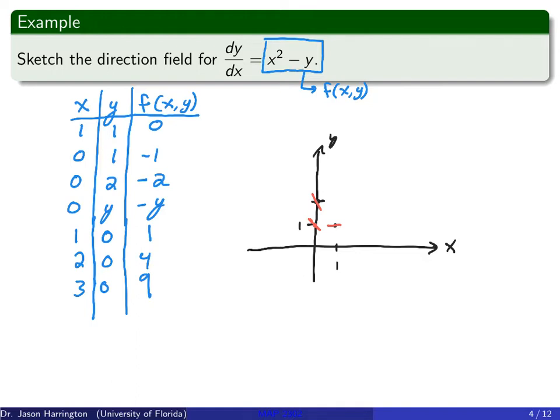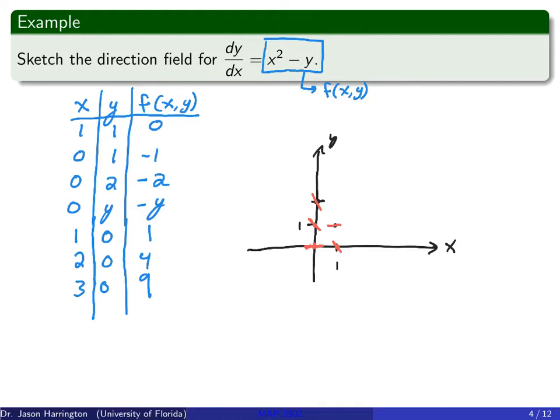And as you'll notice, there is in fact a slope pattern on the y-axis. At the point 0, 0, the slope is going to be 0. All right, now let's try the next one. If I go to the point 1 comma 0, the slope is 1. So at this point 1 comma 0, the slope is also 1.